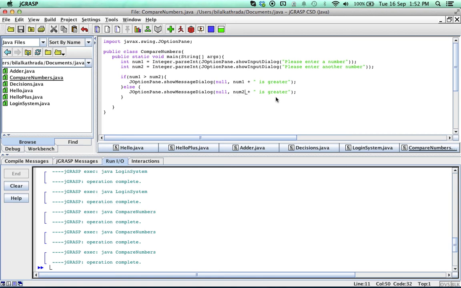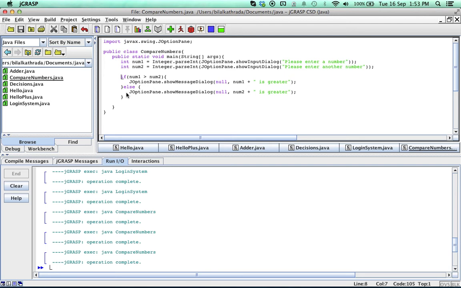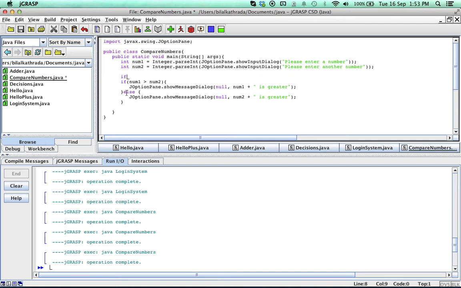So how do we fix this? The way to fix this is to first check if num1 and num2 are equal. If they aren't equal, then and only then will it check if one is greater than the other. Alright, so how do we do that? Now we can do that using what we call a nested if statement, where we have one if statement inside of another if statement. So what we're going to do is we're going to put an outer if statement,